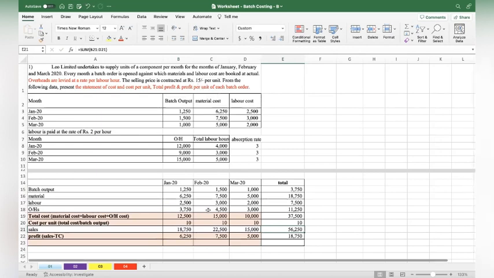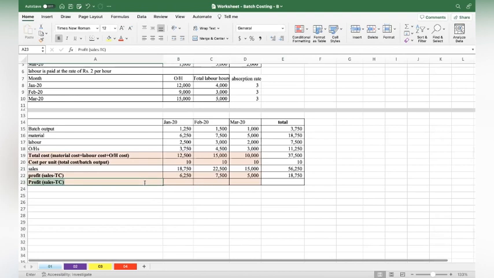Profit per unit of each batch order. Now we need to find out the profit per unit. How are you going to find the profit per unit? You take the profit and divide it by the batch output, right? You take the total profit for each month and divide it by the batch output. So we have the profit for January divided by the batch output 1250. So profit per unit will be